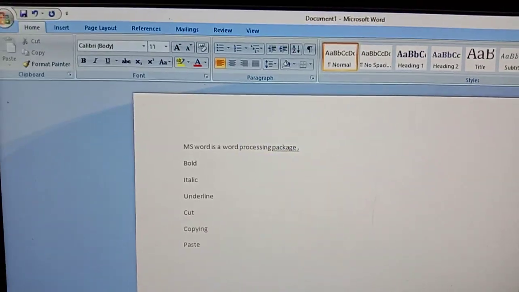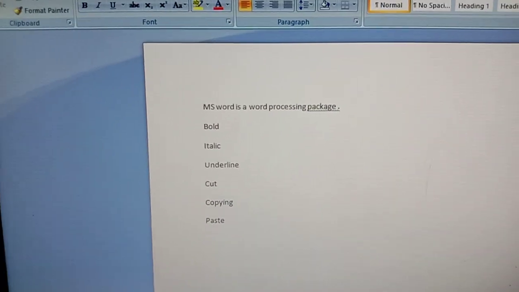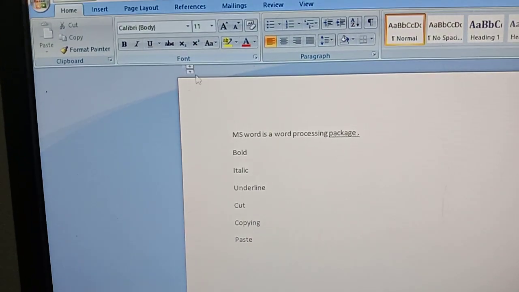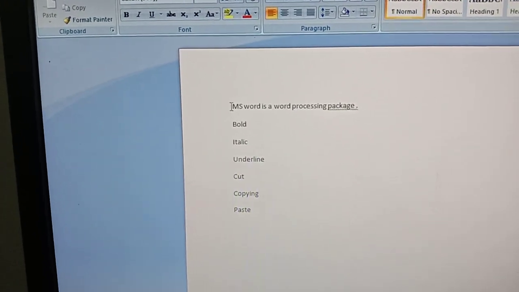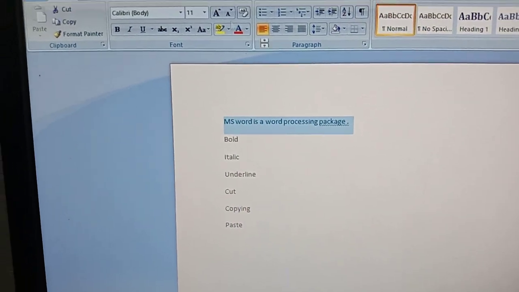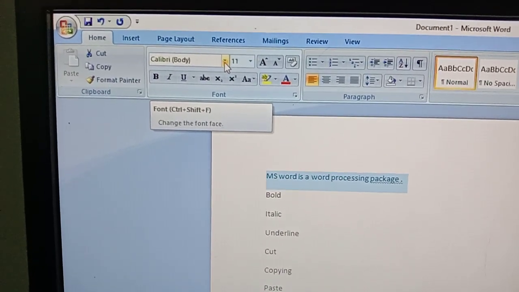Okay children, next is the formatting concept. You can change the font color, you can change the font size, you can change the font style also. See here, before changing your font style or color, first select the content. I'm just changing my font style. Okay.